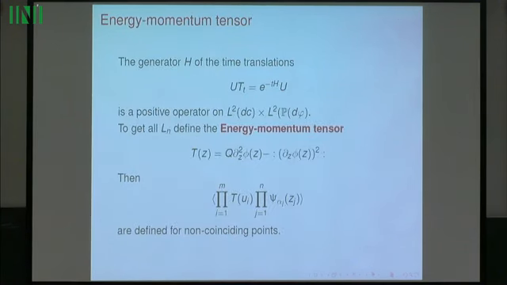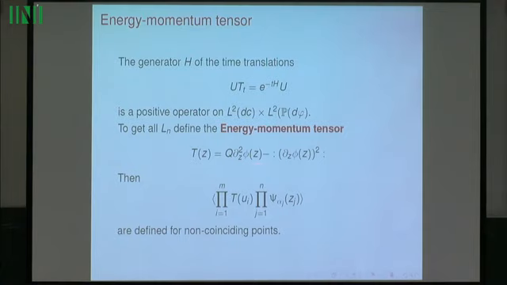Well, the abstract story goes like before. The generator of time translations is a contraction. It's easy to see. It's a contraction, and its generator will be a positive operator on the Hilbert space. And the Virasoro algebra goes also through here. That goes through by the so-called stress energy or energy momentum tensor. There's a story why all of this goes through. I'm not going to tell you about that because that's again a slightly longer story.